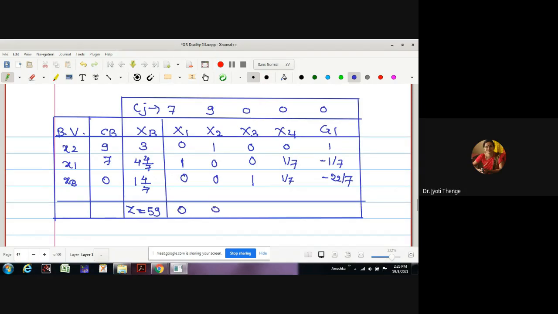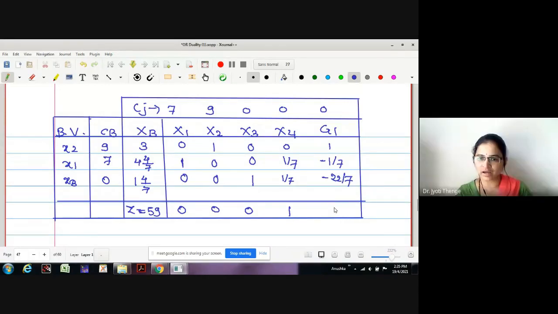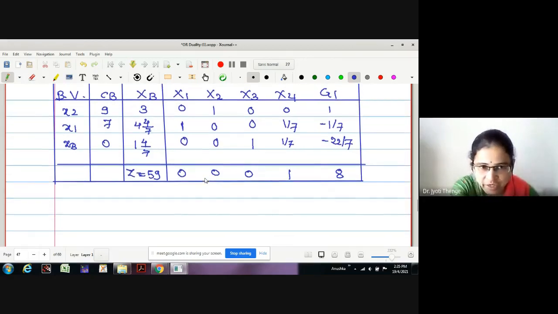Let me write net evaluations. The net evaluations for the first variables is 0, 0, 0. Here it is 1 and 8. Therefore, again the table is optimal. Values of the variables are feasible, but only x2 is integer value, x1 is not integer still. Therefore, what to do? You have to construct one more Gomorian constraint in order to convert this x1 variable to be integer value.